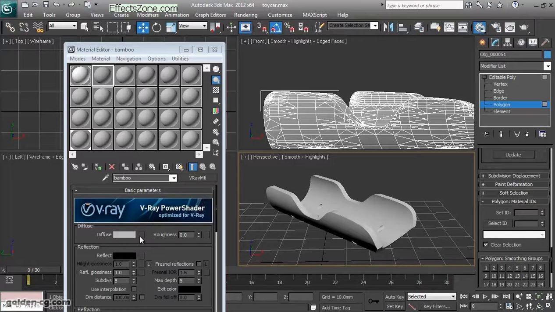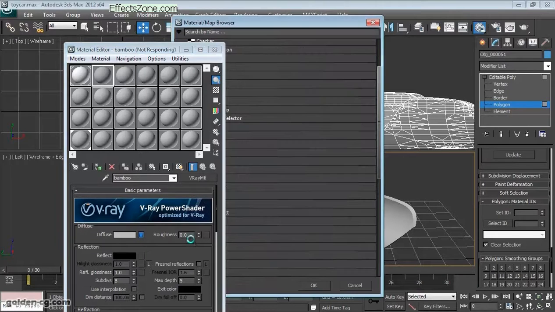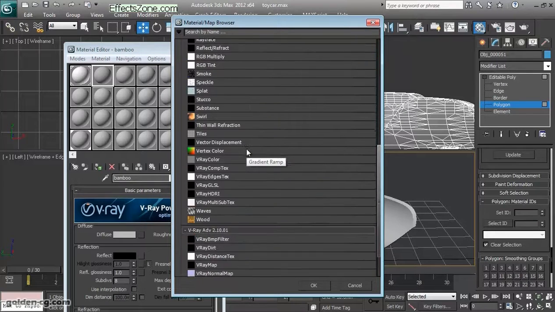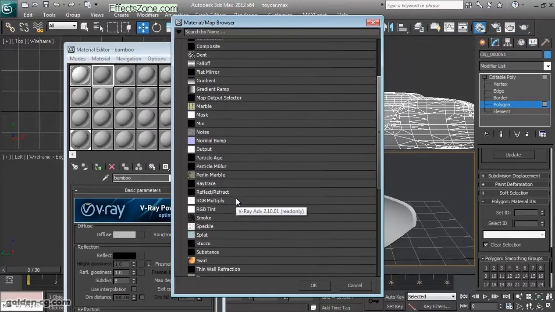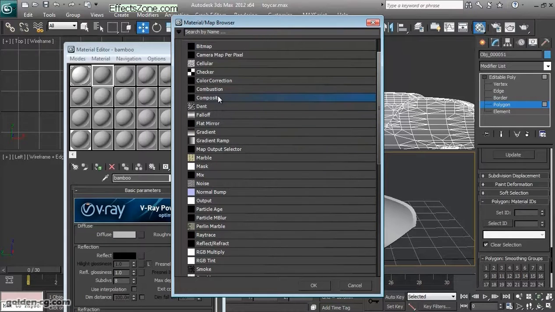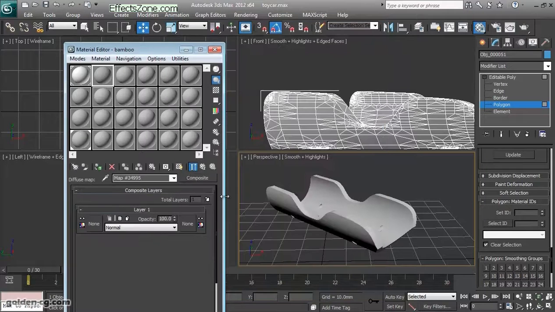So I will use the composite texture in the diffuse as my color actually. I have the composite texture, sorry, composite, not combustion, composite,